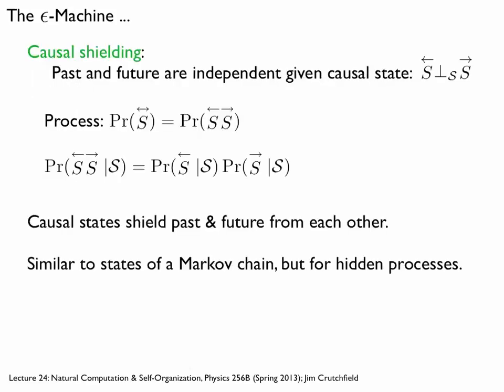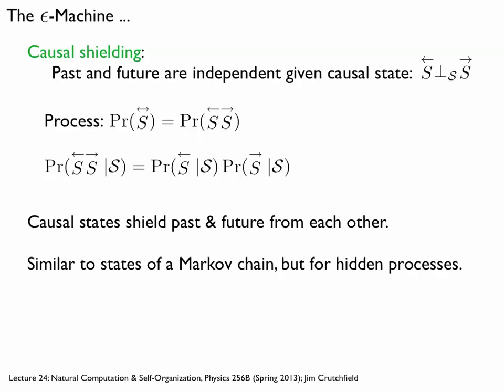Okay, so first thing, causal shielding. So what do I mean? I mean the past and future are independent if I give you the causal state. So the past is independent of the future if I know the causal state. In other words, you're trying to predict something about the future, and either you can remember the particular past that's taken you to this present time, or I can say, you're in state D. Somehow, those are equivalent kinds of information. Shouldn't be too surprising because causal states are made of the past.